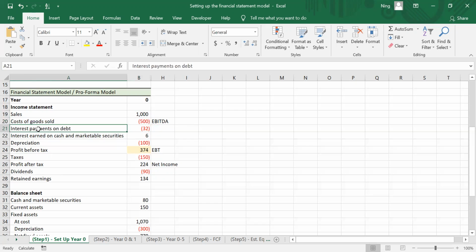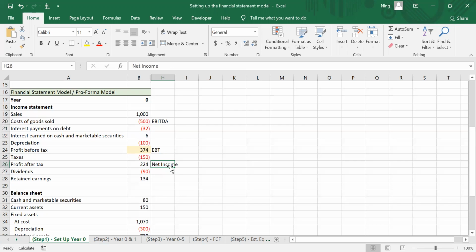By taking out I and D from EBITDA, you have EBT. So you get rid of the I and then DA component from the EBITDA, so you have EBT. And then if you further take out the T component from EBT, you'll get profit after tax or the net